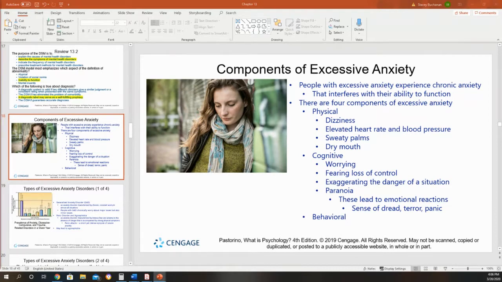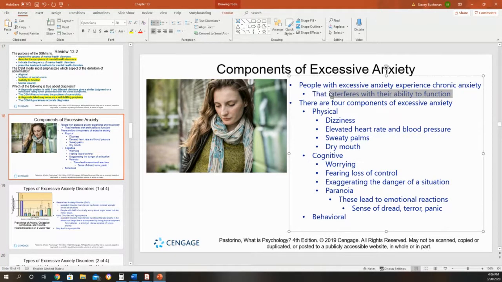So we all have anxiety. These are all symptoms, if you're reading through this, that you feel when you're anxious. And I'm going to stress this for every single disorder that I discuss, because it is a key point that you need to know,